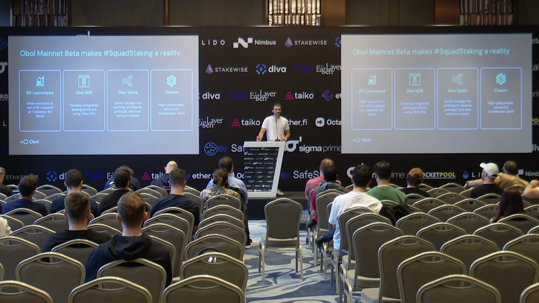Make it a native part of your flow. And the other piece that I'm probably nearly more bullish on is what we call OVM splits. These are smart contracts based on the splits.org team work, which allows you to, without any upgradability, any mutability, and without any oracle, split Ethereum validator rewards deterministically across a number of operators and the protocol itself. So this is something that I've been working on when I tried to make NFT validators in about 2020, and it wasn't really feasible until the post-merge. And we've recently completed an audit with it that you can see on our website. But I'd highly recommend it if the smart contract side of this is what you're interested in.